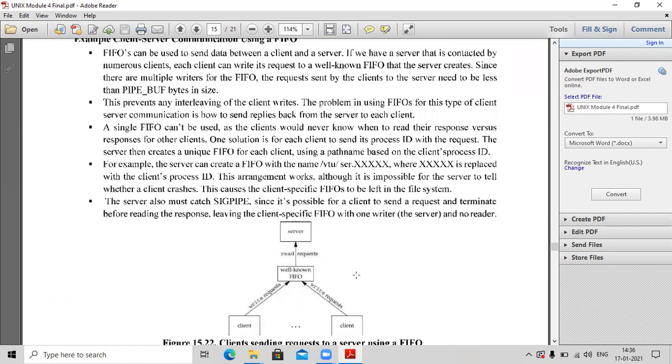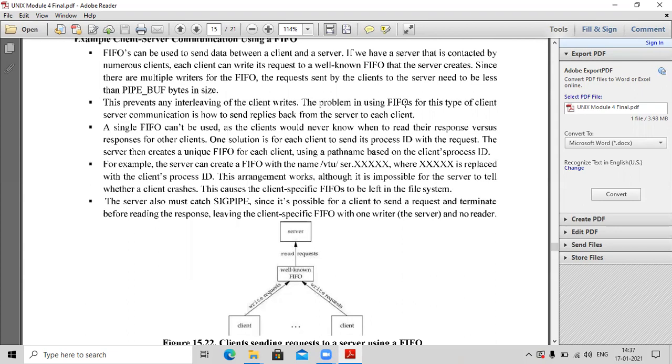That means this FIFO will have a limited size specified in the PIPE_BUF variable, so it can accept only a limited number of requests from the clients. All these clients will be writing their requests to this well-known FIFO. The server will read the requests. So this prevents any interleaving of the client writes.